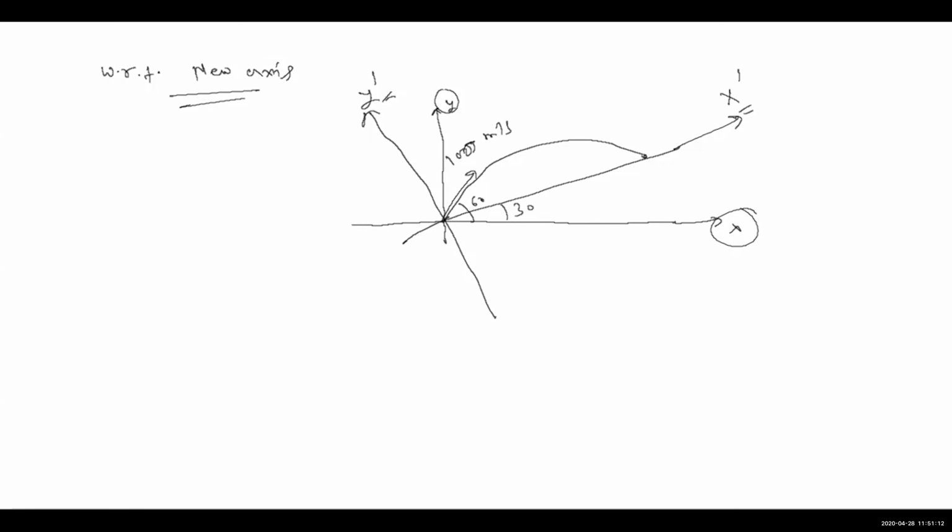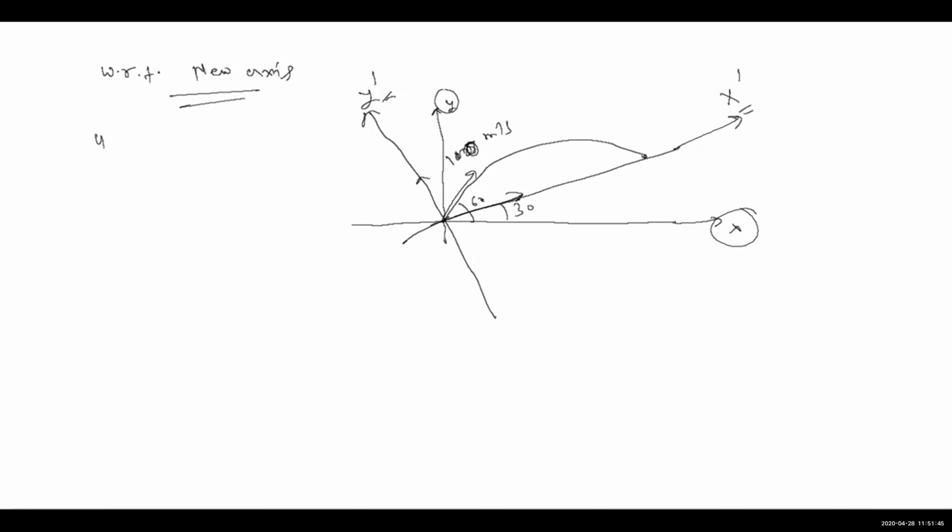Kinematical equations will not change. Meaning Vx is equal to Ux plus ax t remains. All the kinematical equations are independent of axis. If you change the axis, the kinematical equations remain the same, but the components change. So when you change the axis, you have to change the components. This is U. We have to take the component of U along this axis and this axis.